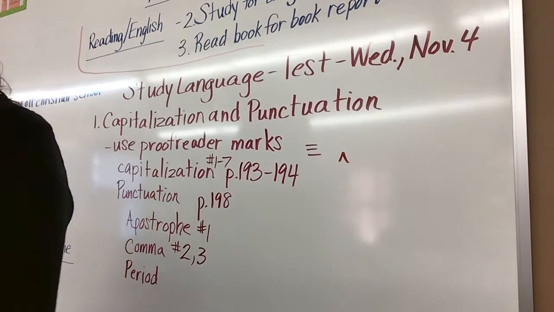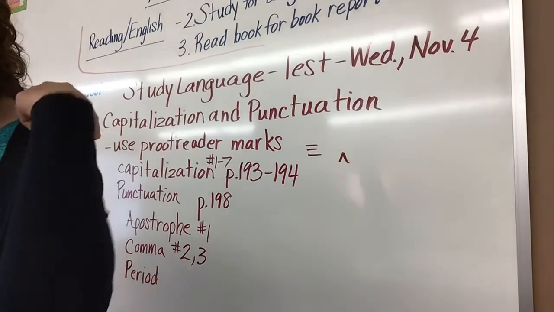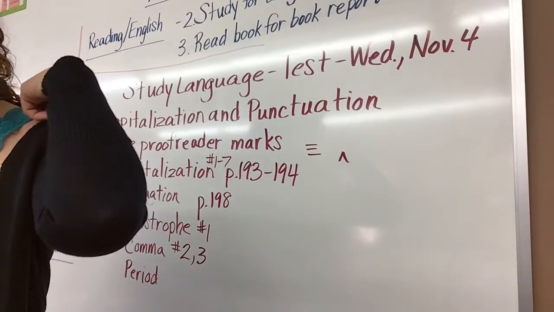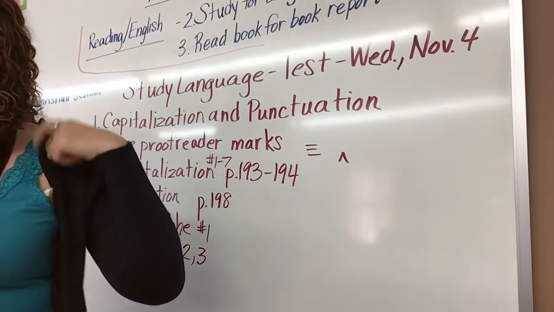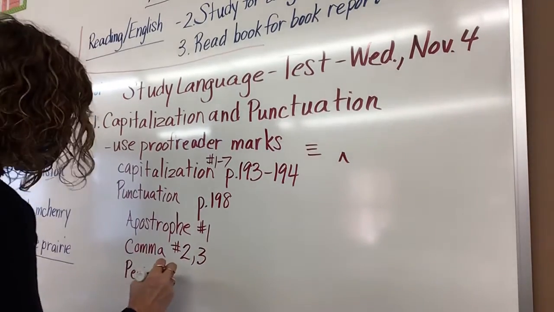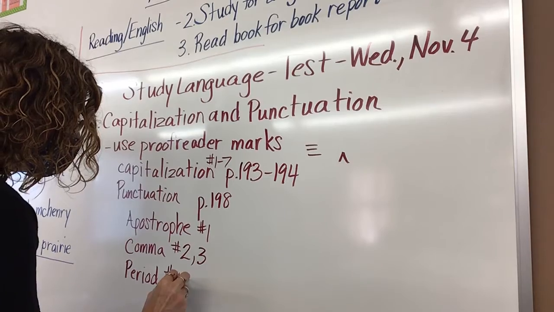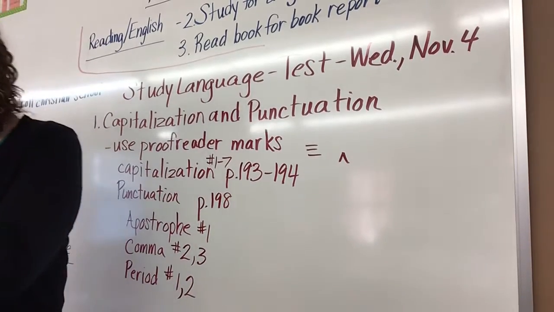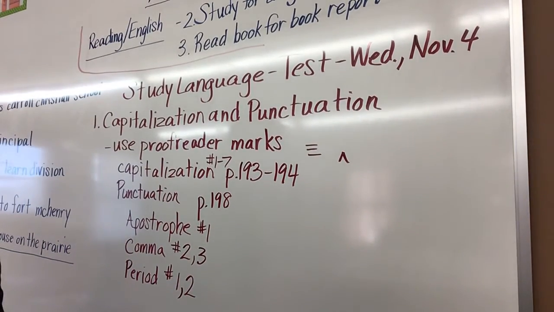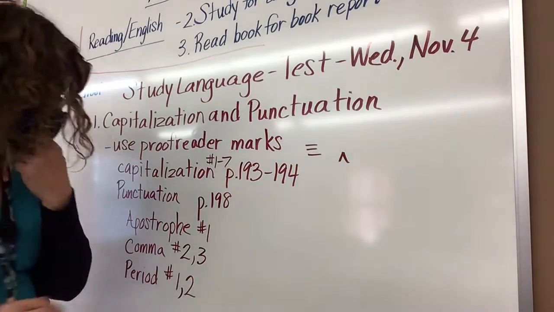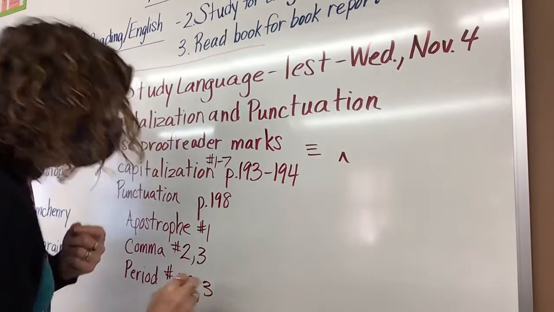For the period, we learned to use a period at the end of a declarative sentence. So that's kinds of sentences. We also learned to use a period after initials. So that's rule number 2. So we've learned rule number 1, end of the sentence for a declarative sentence and an imperative sentence. Rule number 2, initials. And rule number 3, which would be